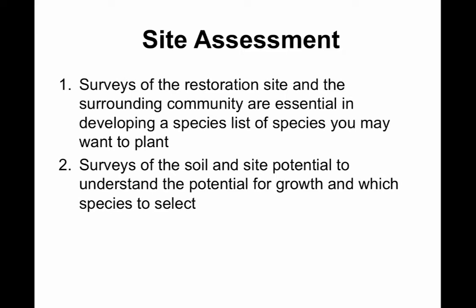And then if you do have areas that may be issues for specific species, you might be able to target other species and select the appropriate tree or understory herbaceous species that's going to be the best